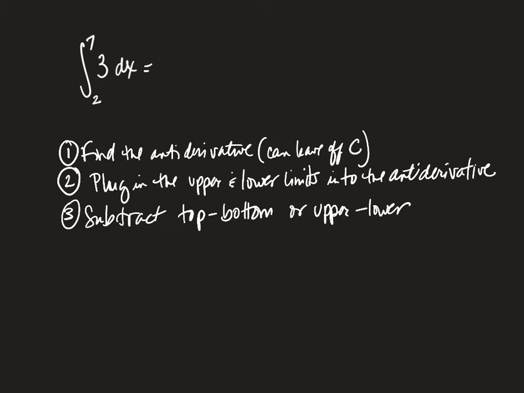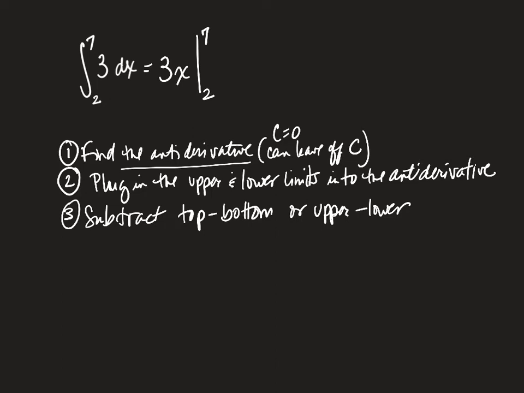So first thing is find the antiderivative. So find the function whose derivative is 3. So any linear function, 3x, or 3x plus 7, 3x plus 0, 3x minus 11, any of those would be an antiderivative. So we're going to choose the one where c is equal to 0. So we're going to leave off the c. All right, and then we draw our vertical bar at the back to indicate there is still work to do.